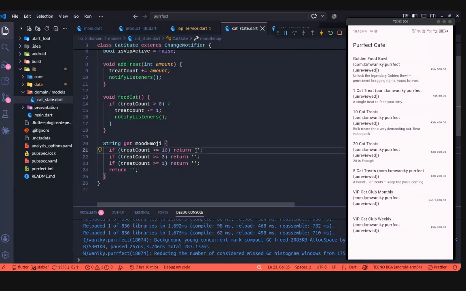So let's now add it here. So we're going to have a happy cat. In case the treat is a lot, we're going to have a happy cat. And in case